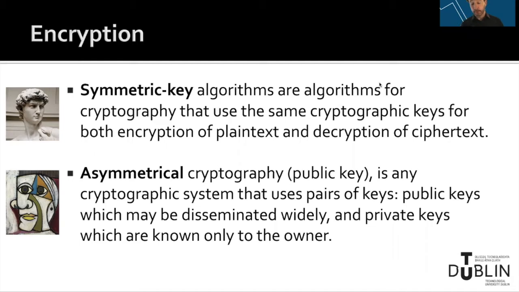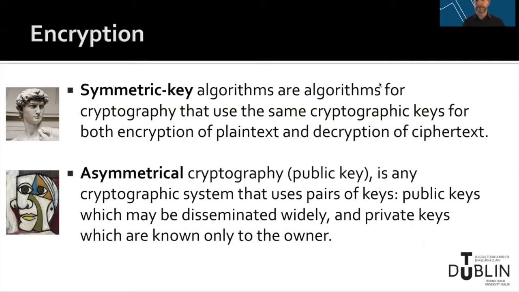What's become more prominent in the past while is asymmetric cryptography, public key. Anyone can have the key that encrypts, but that doesn't tell you how to decrypt. So I can give my encryption key to anyone in the world. They can encrypt a message, send it to me, but I am the only person in the world who can